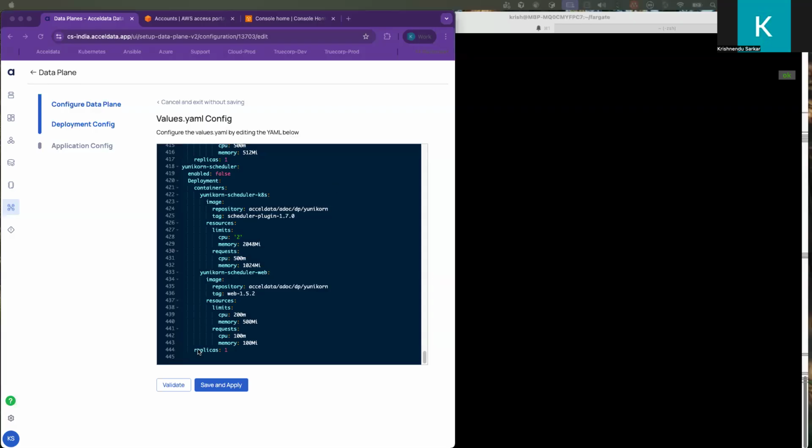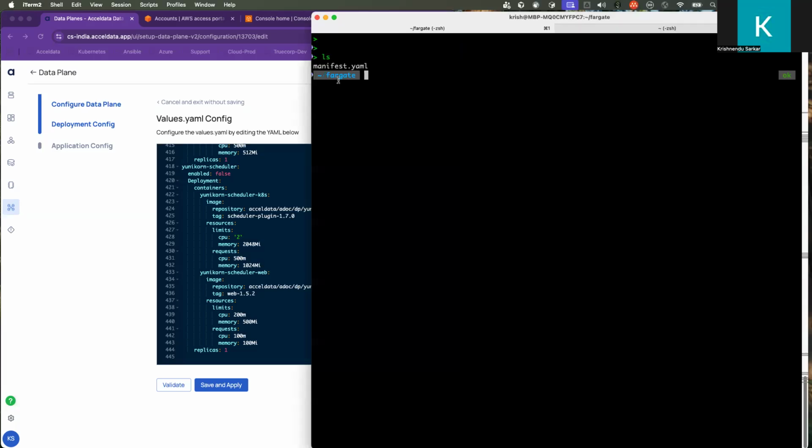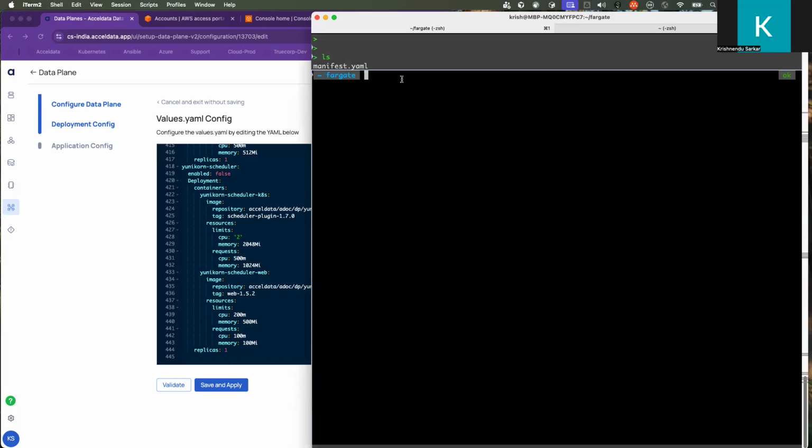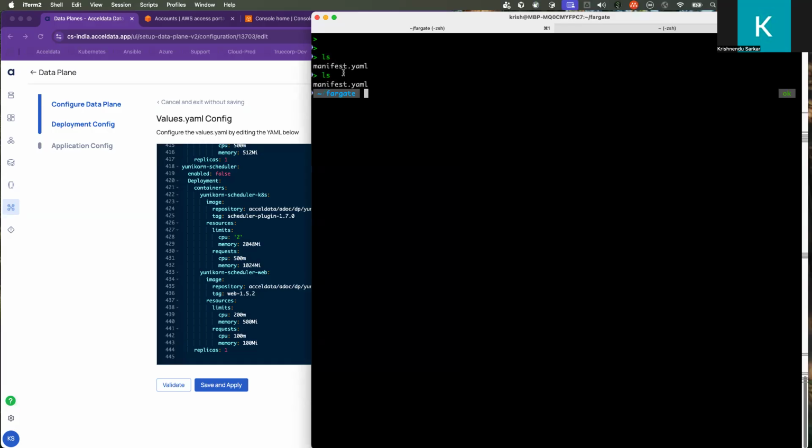Okay. Now let me show you how it will look once you download it. Yeah. So if you see here, this is my command line. I have created a folder called Fargate, and under that, I have run that command, and this is the manifest file which got downloaded. Okay. So once this is downloaded,